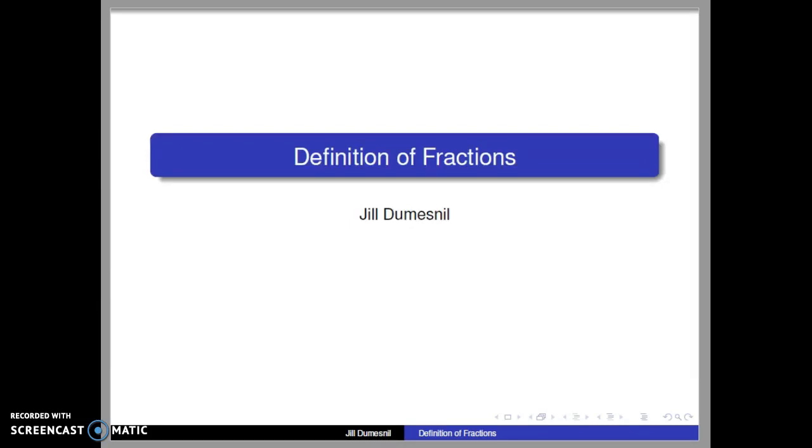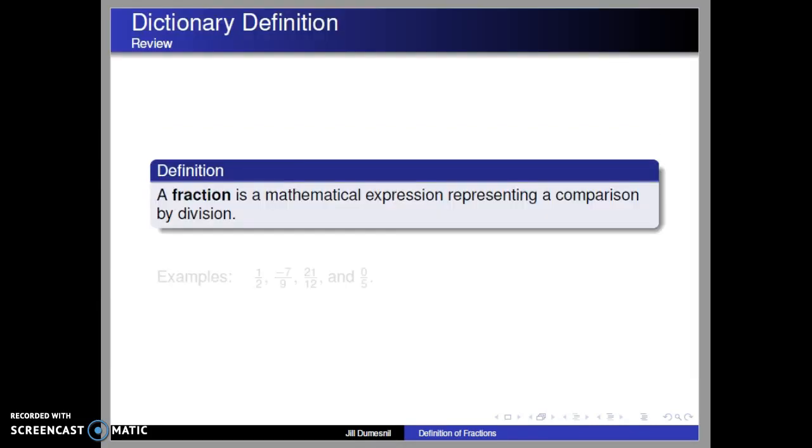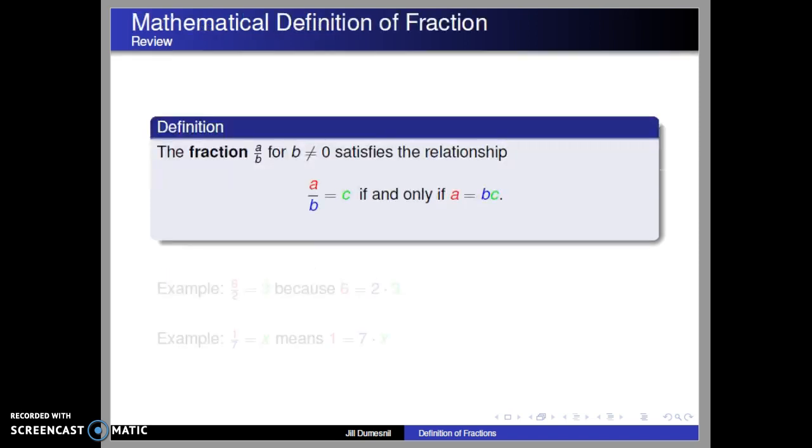What is a fraction? The dictionary definition is that a fraction is a mathematical expression representing a comparison by division. Some examples include 1/2, -7/9, 21/12, and 0/5. The mathematical definition of a fraction states that for non-zero b, the fraction a over b equals